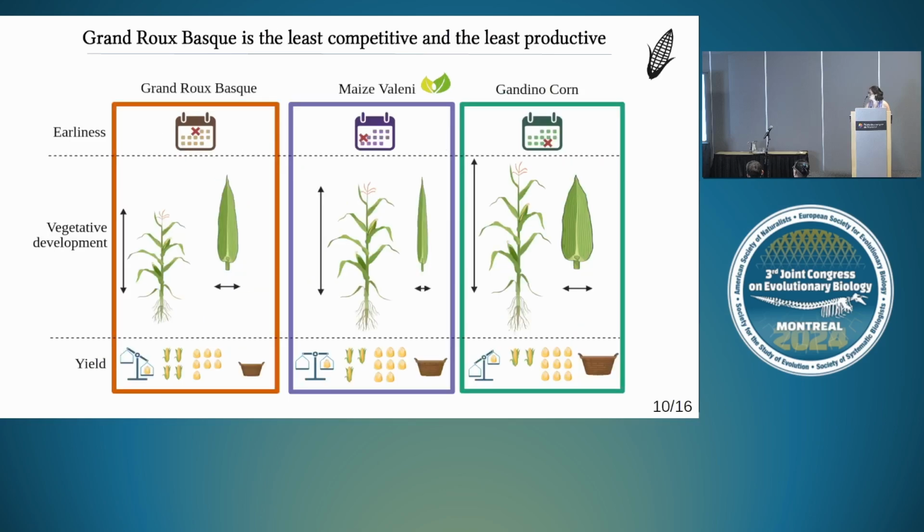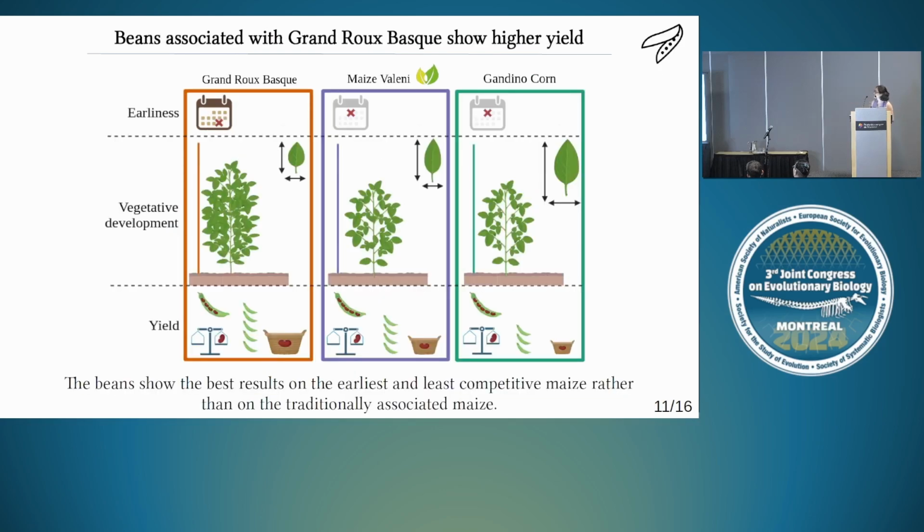And so the maize Valini, the one that is traditionally used in co-culture, was kind of intermediate. Now if we look at the bean data, here I represent depending on the associated maize. The first thing we see is that the beans associated with the Grand Roux Basque were actually the latest. So it was with this maize that we obtained the bigger offset in terms of